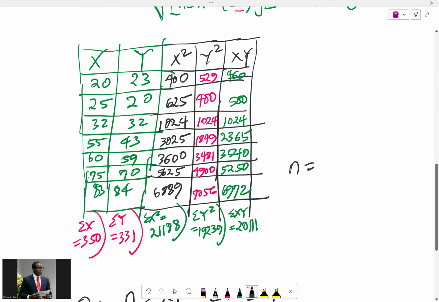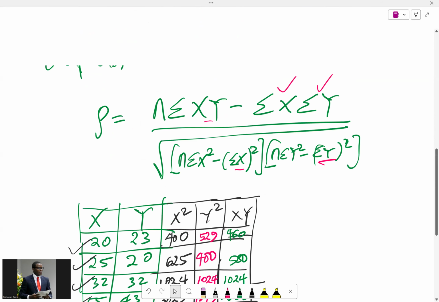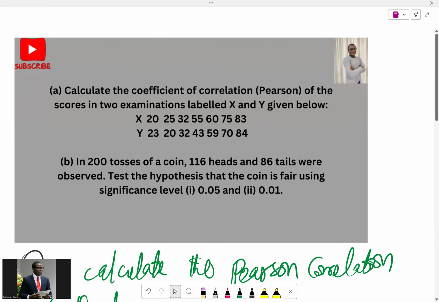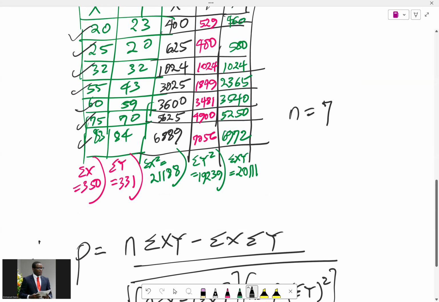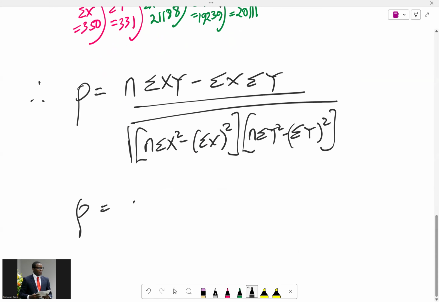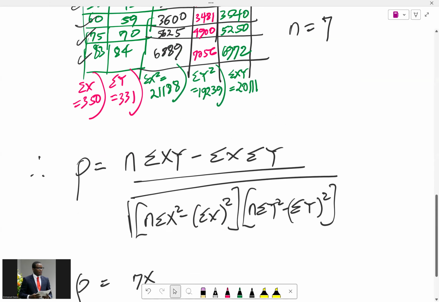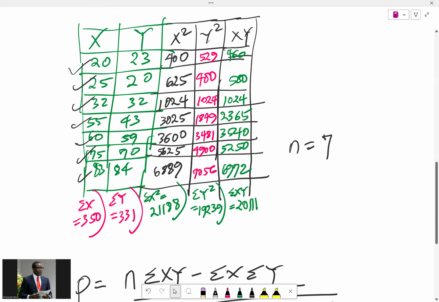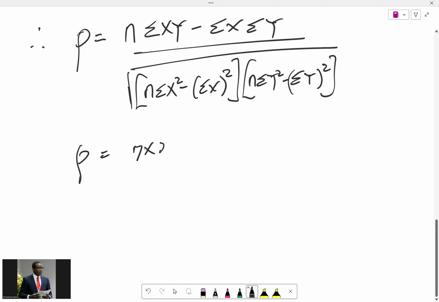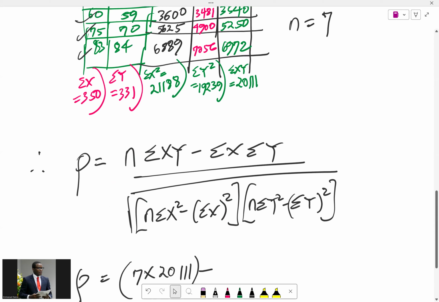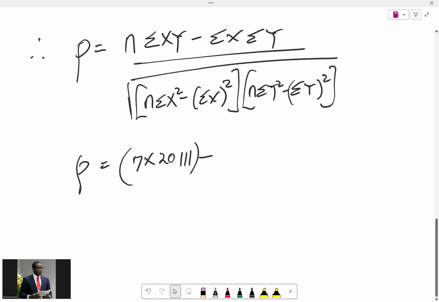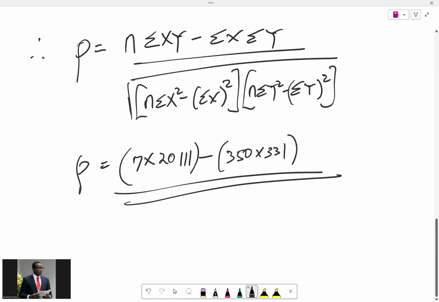N is the number of pairs of values, 1, 2, 3, 4, 5, 6, 7. So n is actually 7. So we can put 7 times summation xy, which is 2111, minus summation x times summation y, 350 times 331, divided by square root of